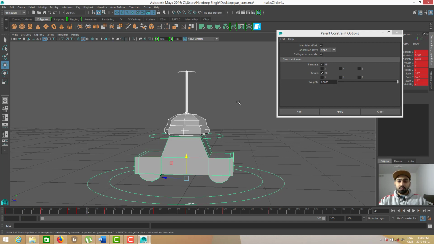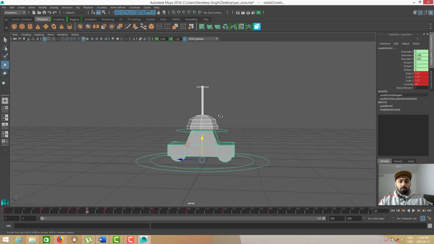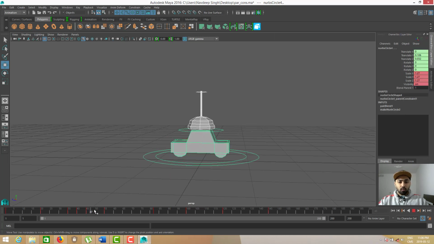The next option is translate and rotation. We want to constrain the car in all axes, so we'll keep all of these, and then the weight, like how much you want to constrain. If you keep 0.5, the car will move only 50%, and if you keep it at 1, the car will move 100%. So I will turn on the maintain offset and I'll add it. Right now you will see that the car will start moving